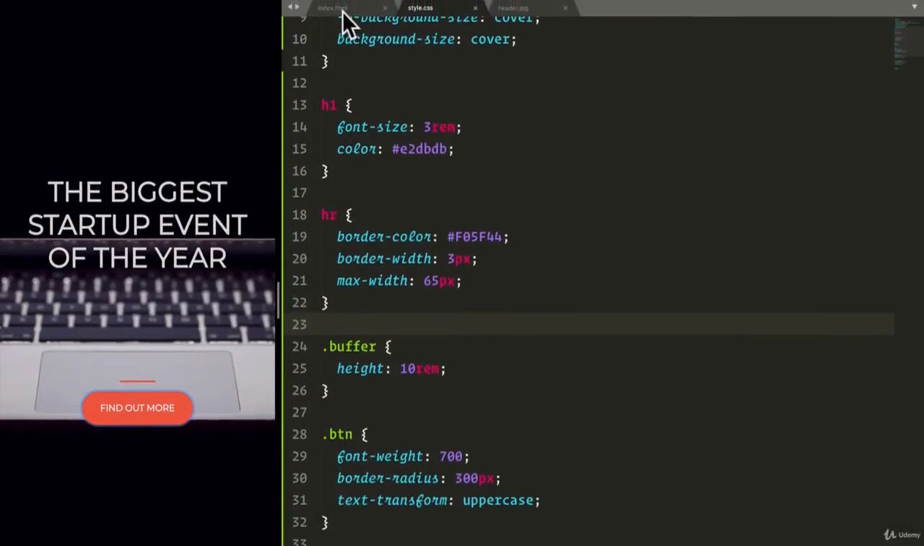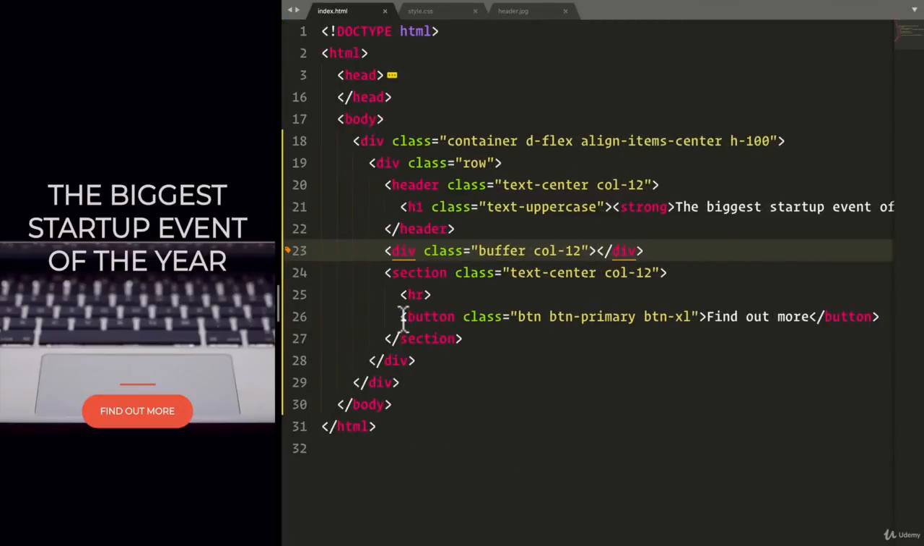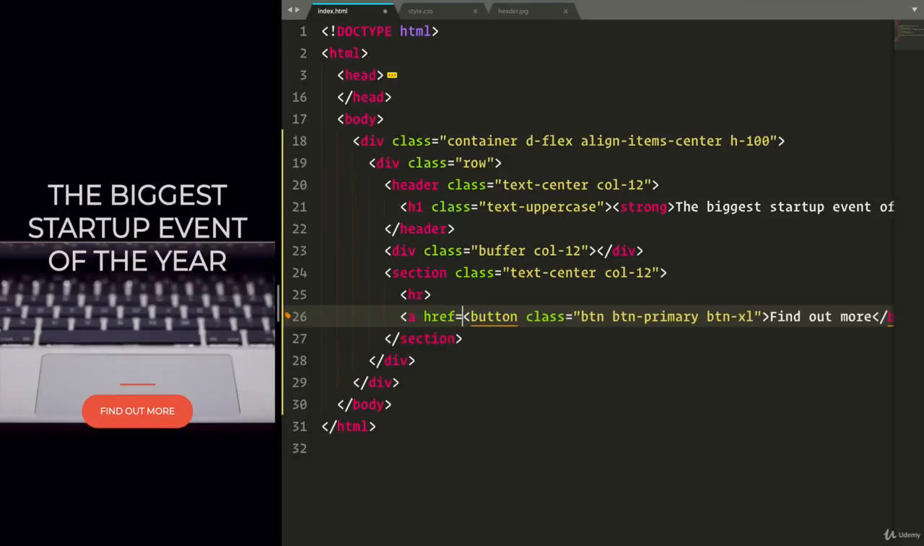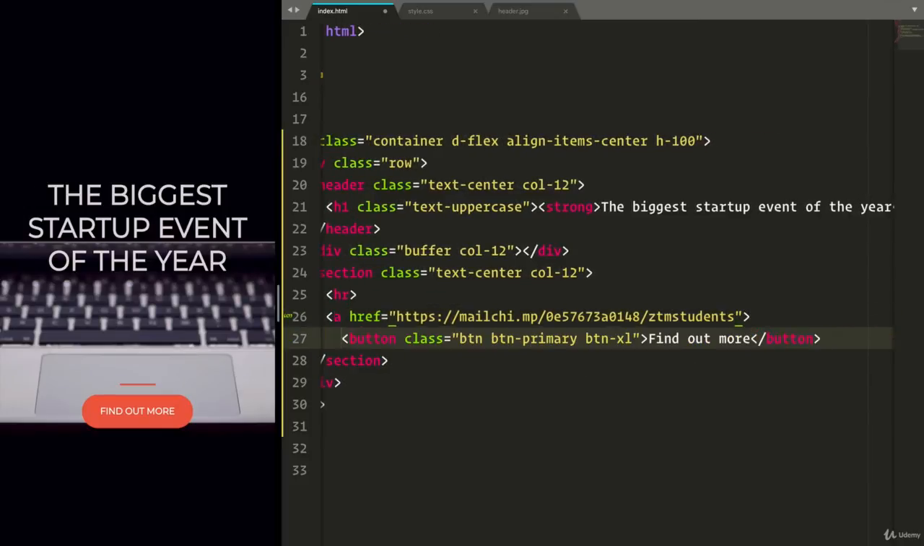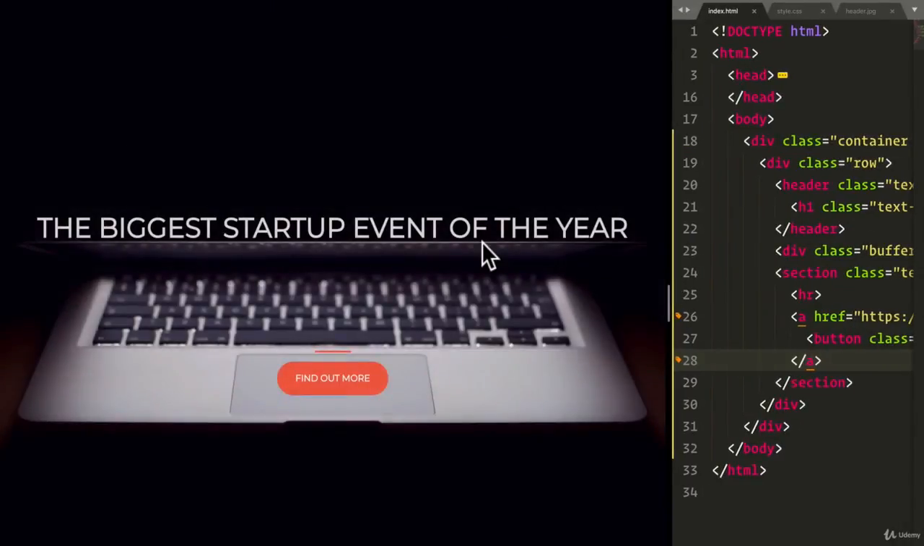Now all we need to do is copy this link, go to my Find Out More, and make it so that when a user clicks on it, it goes to that page. And that's super easy, right? We can just create an A tag with an href, and this href will have the link that we just copied. So let's close that, close the A tag. If I hit save and refresh, if I click now,